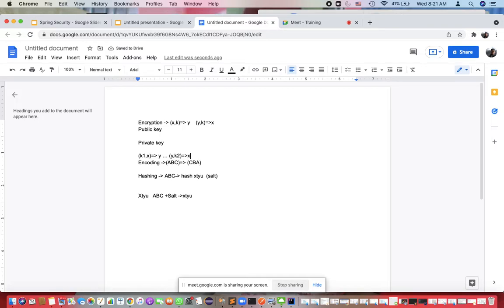So this is the public and private key. The private key will be in my hand, and I can decrypt with it. But the public key can be shared amongst many clients, and whenever they send data, they will encrypt it with the public key.